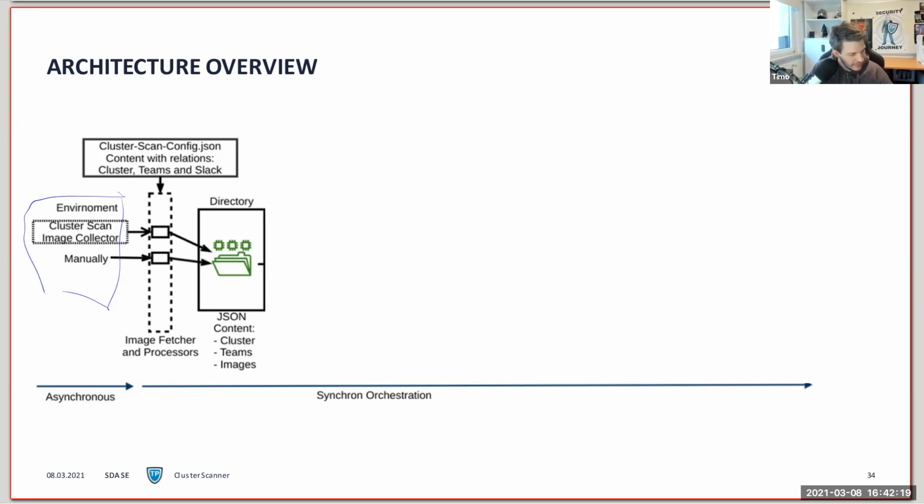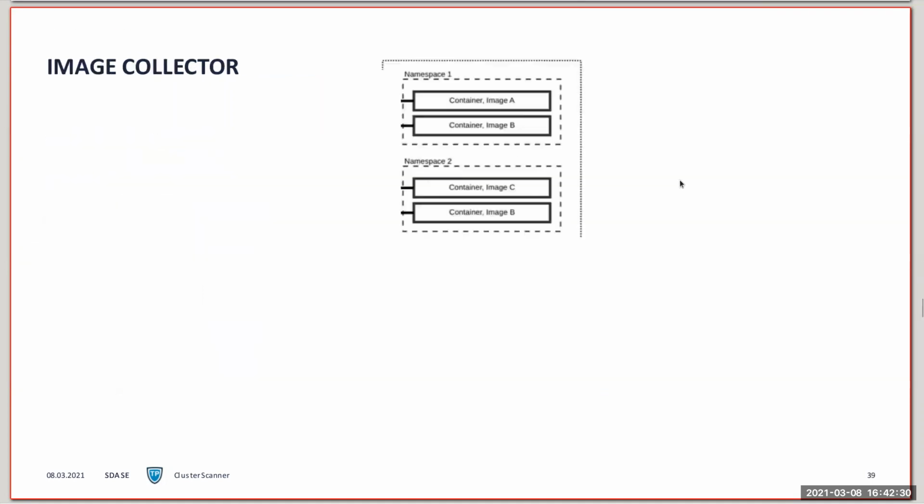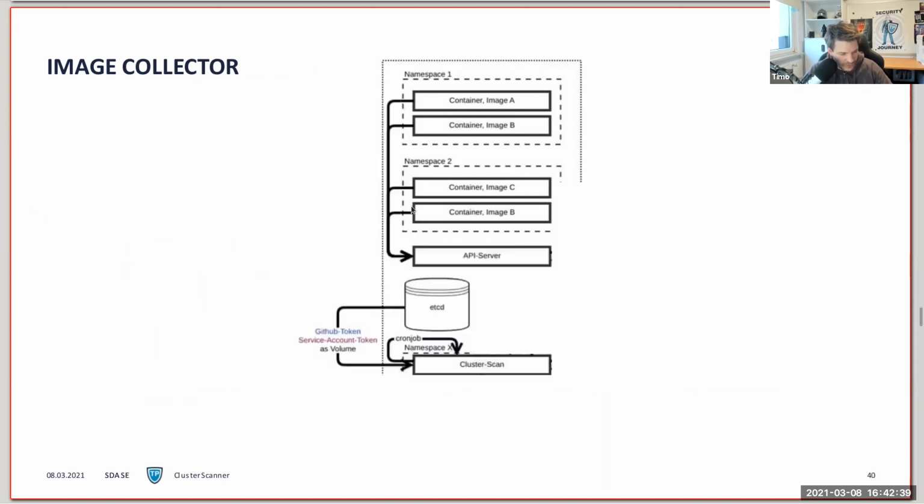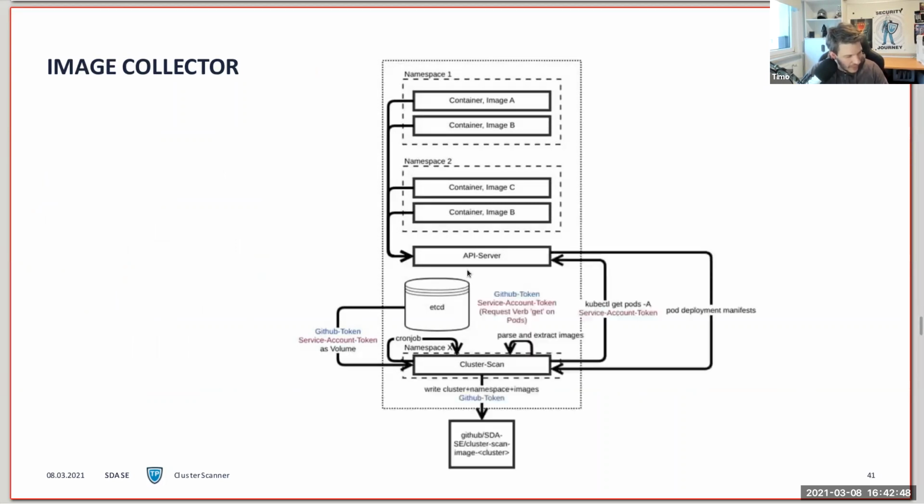No, this is the cluster scan image collector, a container running in the cluster. Let me forward. Then it will be much easier to understand. This is actually the image collector. So you have in the cluster namespace 1 and 2 with different images as you've shown at the start. Then we have an API server which knows what is deployed at the different namespaces and nodes, and then I fetch from the API server